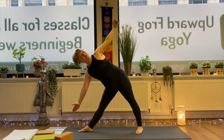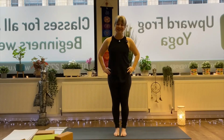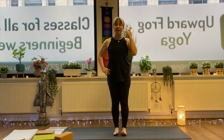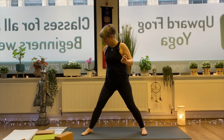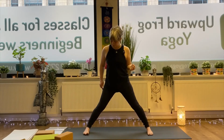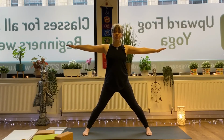And then push down, breathe in to come up, feet to parallel, and then either step or jump your feet together. Okay, now we'll practice Warrior Two. So Warrior Two is a really important position to practice on our way to side angle because the legs are the same. So let's step out wider than our triangle, about 5 feet, 1.5 meters wide perhaps, and bring your arms to shoulder height,